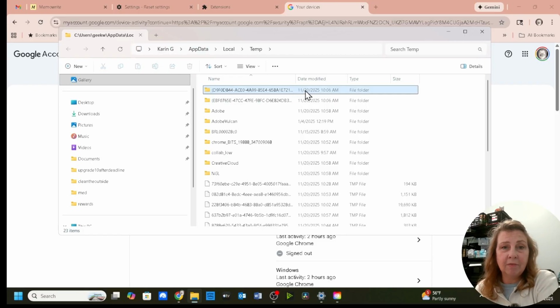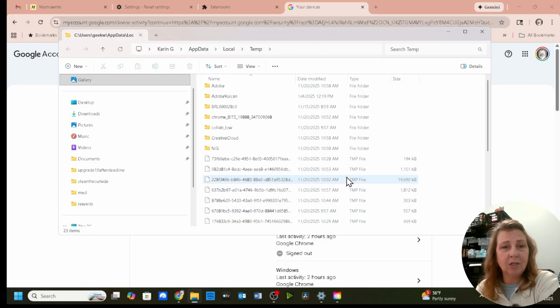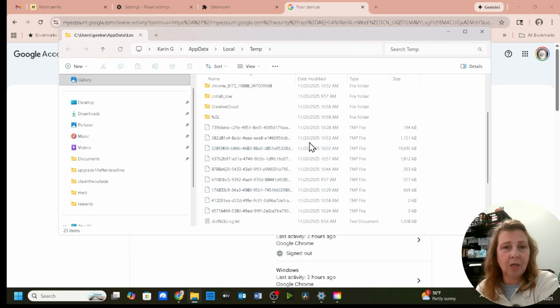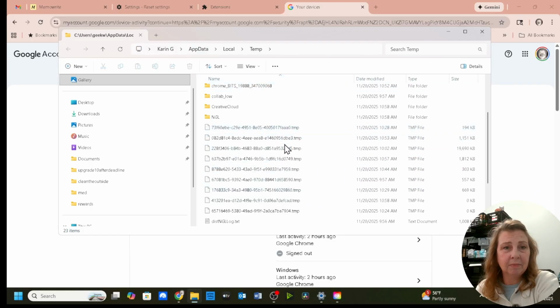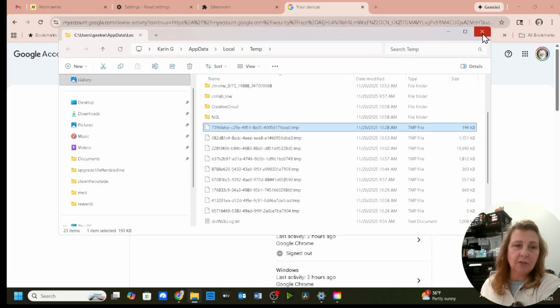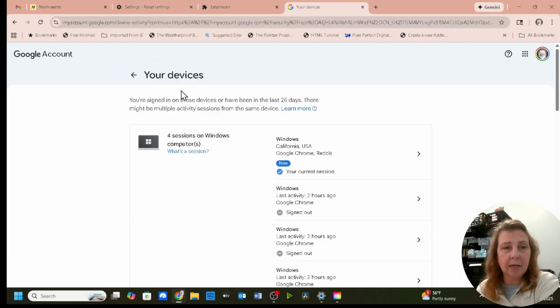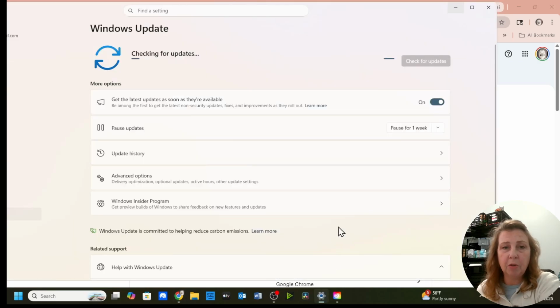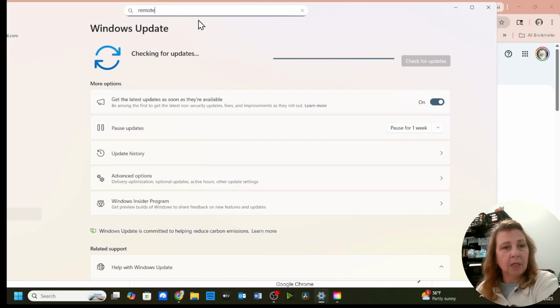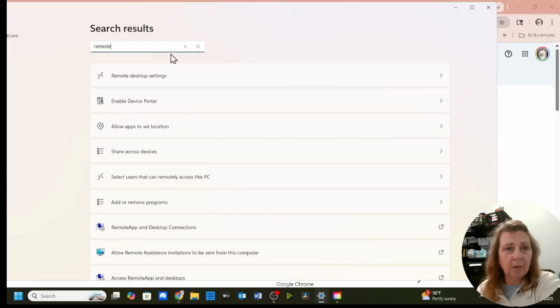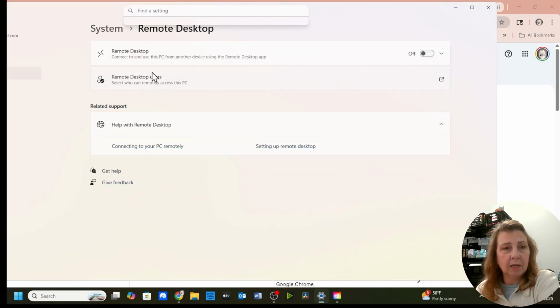These are some files that got left over. Again, I'm not really concerned about these just yet, not until I see any other kind of symptoms. I might reboot and then try and get rid of those files again. Again, remember it would be a run command and then percent tmp percent, and it'll bring up all the folders that have temp files. So we can, once we've changed our passwords to the account that we were putting in the credentials,